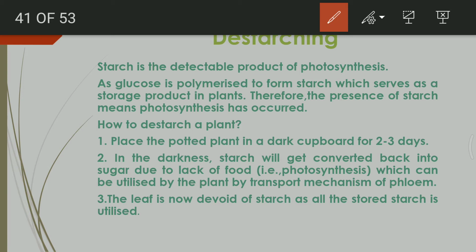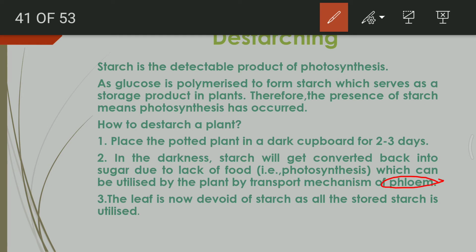taking place. When photosynthesis does not take place, the plant's body still requires food, and that food will be taken from the plant itself in the form of reserve food material. So all the reserve food material will be utilized, all the starch in the plant will be broken down, and it will be moved to the areas where food or energy is required. And how does the movement of those substances take place in the plant? With the help of the